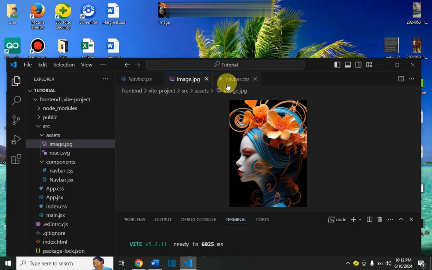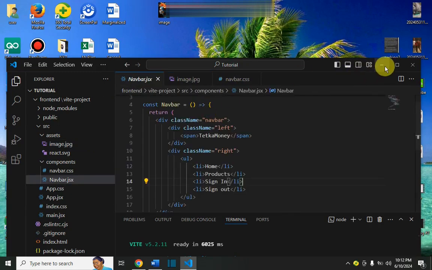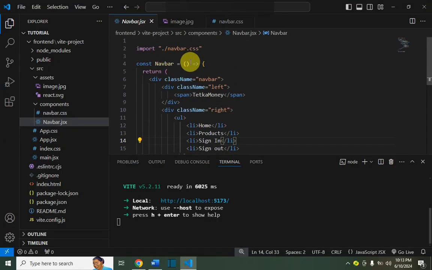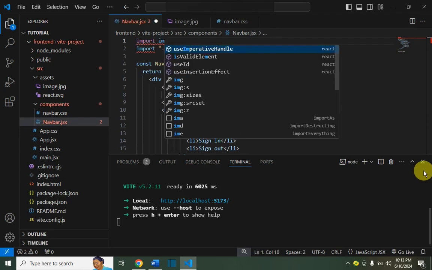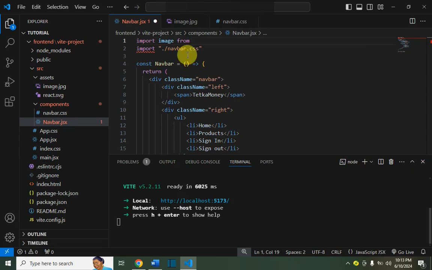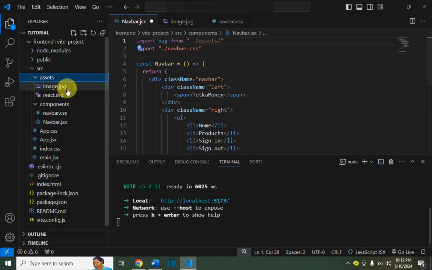So next, we need to navigate to the navbar where we want to place it. We need to import it from where it is. So in this case, I'm going to import it as an image from, you can give it any name. This is simply a name. You can change it. We can call it a ball or a bag. Let's call it bag. I'll show you that you can call it anything. So we are going to get it from assets. Then the name of our image is image.jpg. So we give the name of the image here,